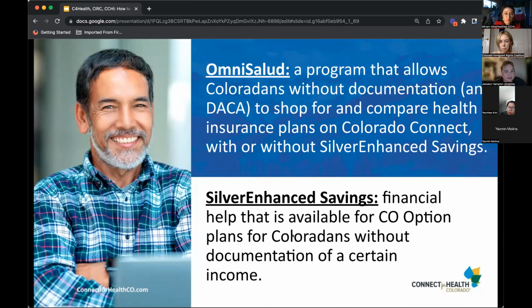So what is Silver Enhanced Savings? Those are that financial help that is available for those Colorado option plans for Coloradans without documentation of a certain income. All right, so that's the financial help. That's a huge piece. Health insurance can be really expensive. So if we go to the next slide,